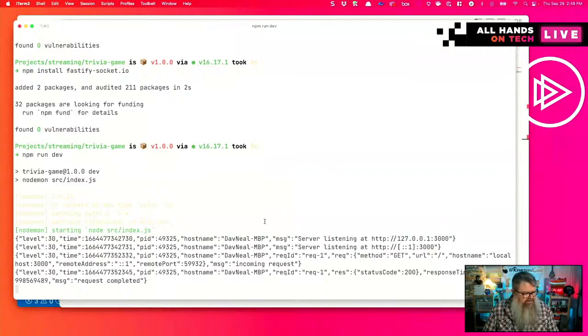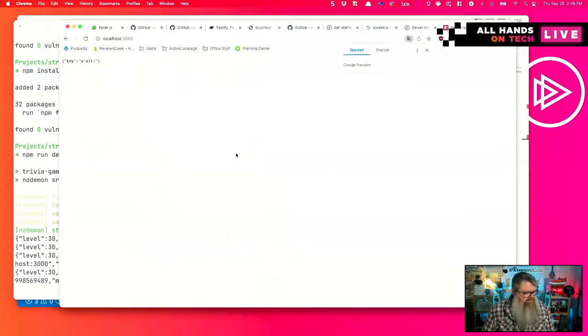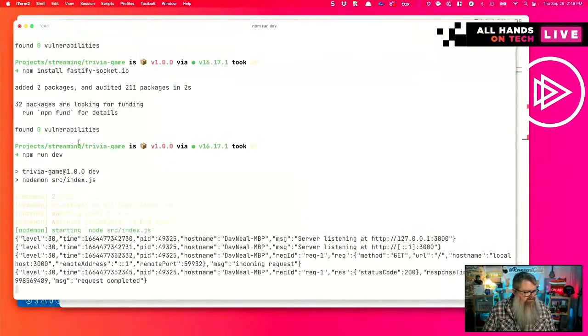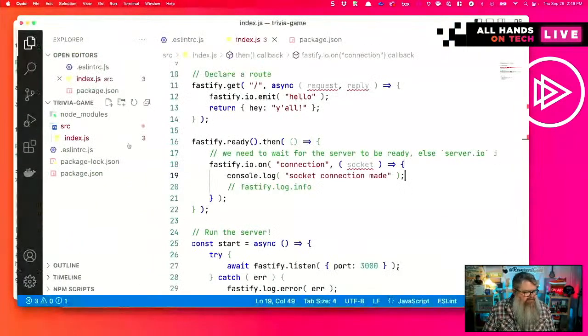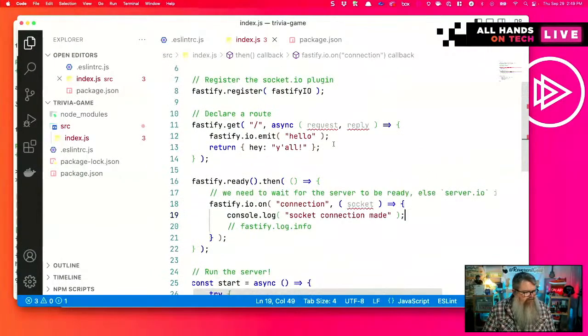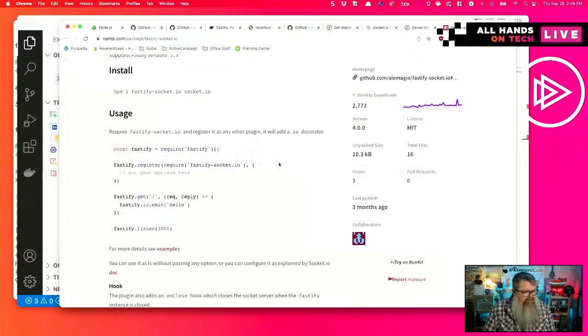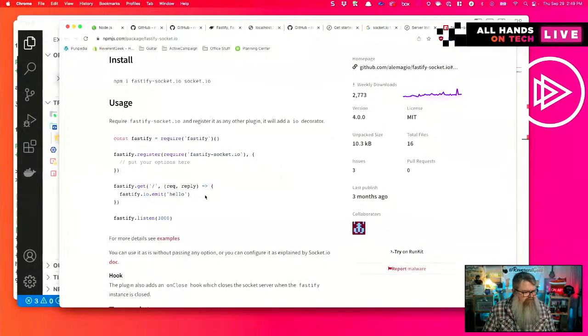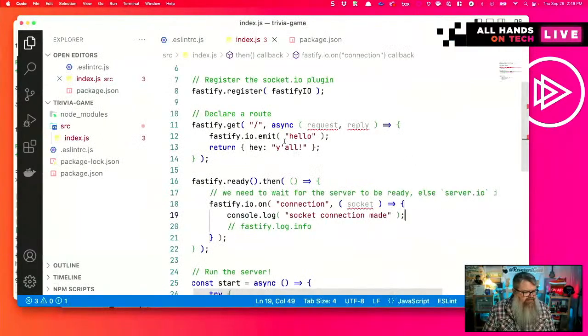We got a request complete, but we didn't get any socket information. So I wonder, io.emit. That's what we've got.